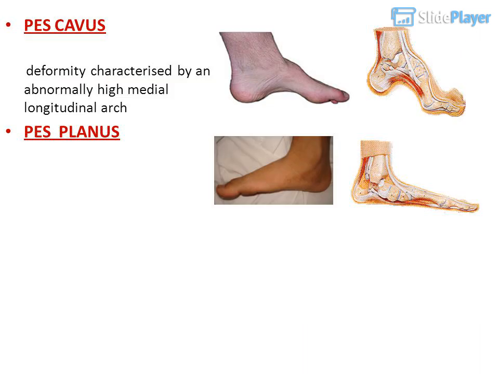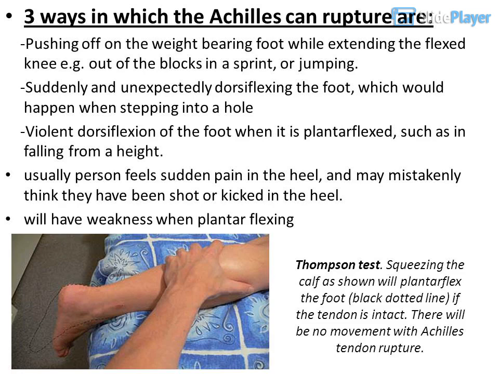Pes cavus: deformity characterized by an abnormally high medial longitudinal arch. Pes planus. Three ways in which the Achilles can rupture are: pushing off on the weight-bearing foot while extending the